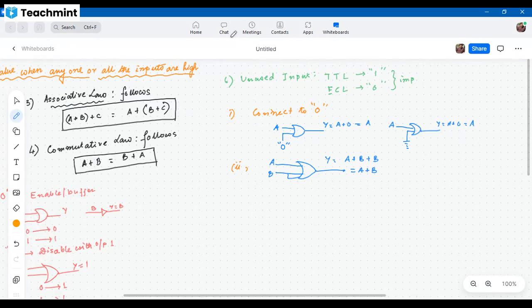Yes, sir. और नंबर 3, हम लोग क्या कर सकते हैं यहाँ पर? टीटीएल लॉजिक यूज नहीं कर सकते क्योंकि टीटीएल लॉजिक में वन आ जाएगा। तो टीटीएल लॉजिक अगर यूज करेंगे तो मेरा डिसेबल हो जाएगा। तो हम लोग कौन सा लॉजिक यूज कर सकते हैं? ECL।